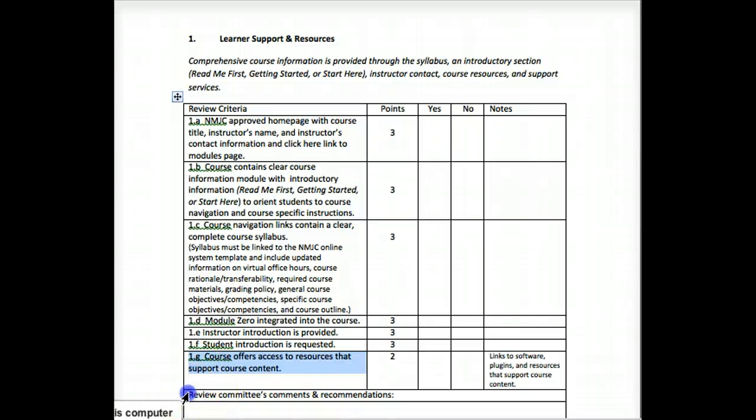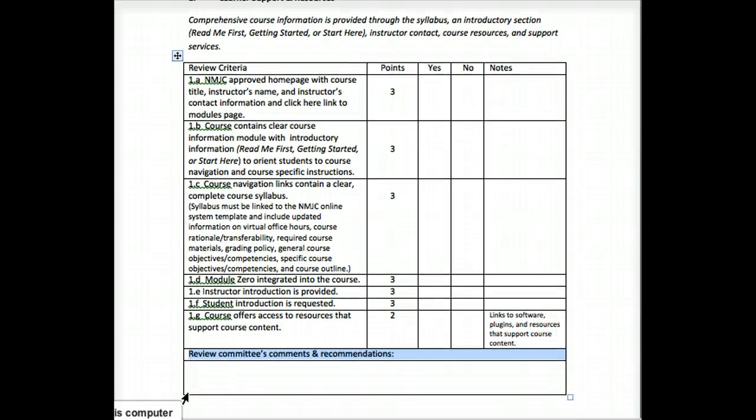Okay, so review committee's comments and recommendations. If your review committee has any comments or recommendations, they would place it here at the bottom of this page. Okay, so I've gone through section 1 of the NMJC online course review rubric. The last thing that I'd like to say to you is that